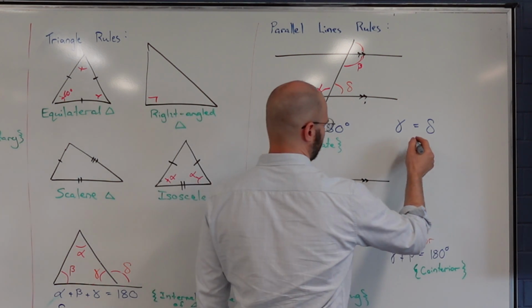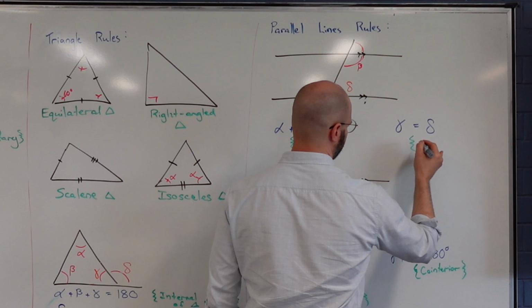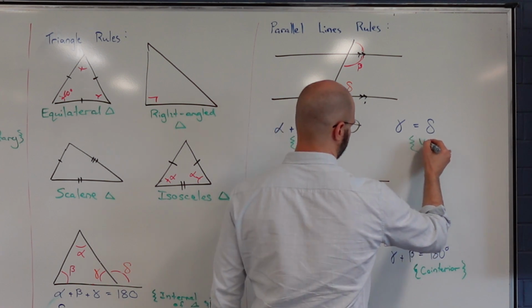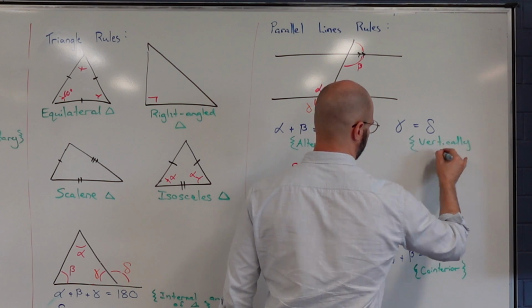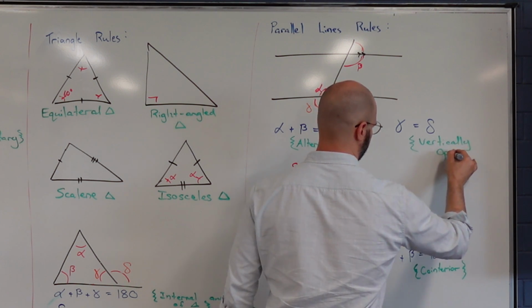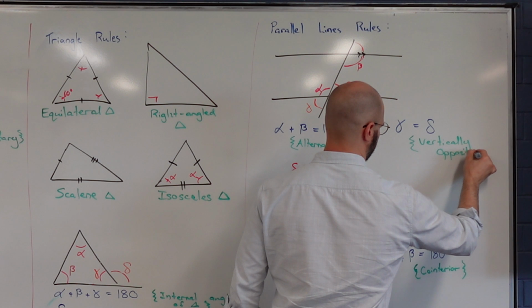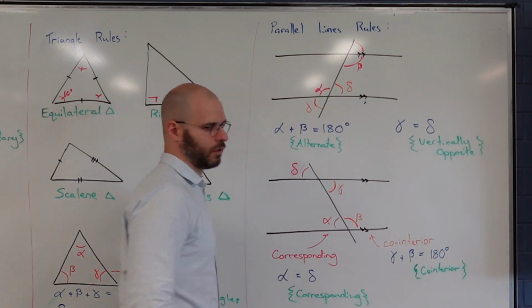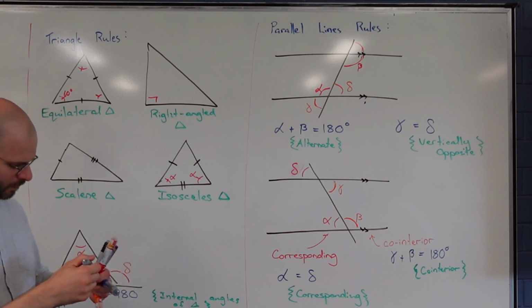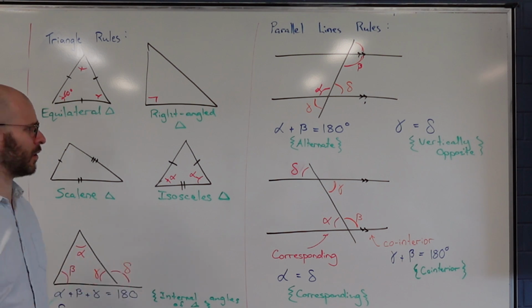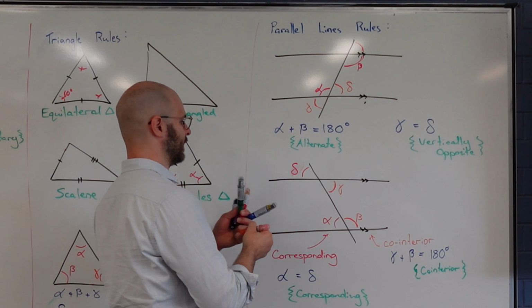And this one's technically not a parallel reasoning, but we're throwing it in anyway. We call it vertically opposite, and we can extend this even further. In a way, it's a bit of a corresponding angle, but